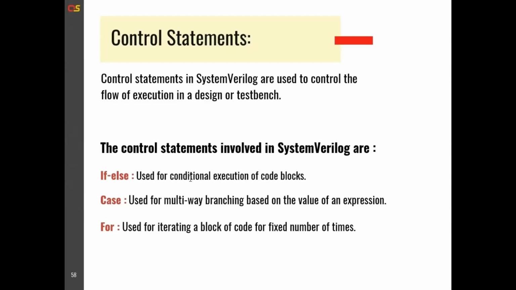Coming to control statements, in SystemVerilog they are used to control the flow of execution in a design or testbench. The control statements involved in SystemVerilog are: if else, used for conditional execution of code blocks; case, used for multi-way branching based on the value of an expression; for, used for iterating a block of code a fixed